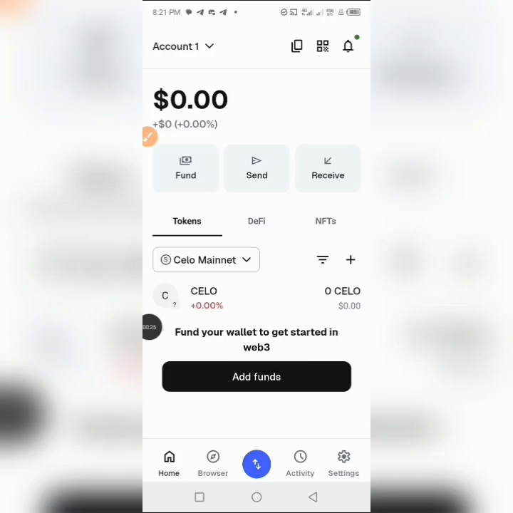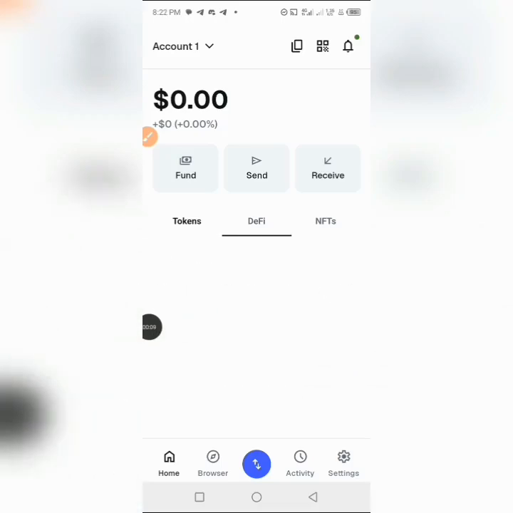Without further ado, let's get started. So looking at Metamask wallet, you can see that it has been updated. A new feature has just been added. You can see the interface has changed. So right now, for you to be able to add your